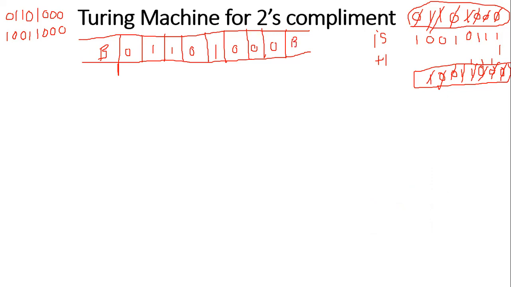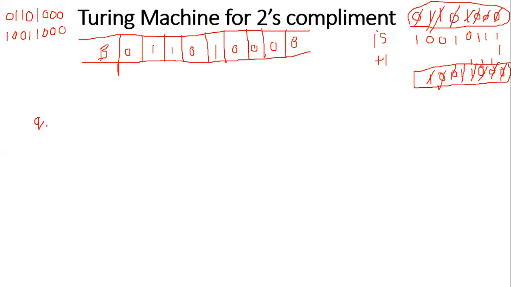The logic is very simple. First, you have to move towards the right end, to the right without doing anything to your input, and then come back to find the first 1. The moment you find the first 1, from there onwards, you have to complement everything. First, move from left to right without doing anything, and then come back from right to left to find the first 1. Up to that 1, we are not changing any input. From there onwards, we are going to complement everything. That's it.